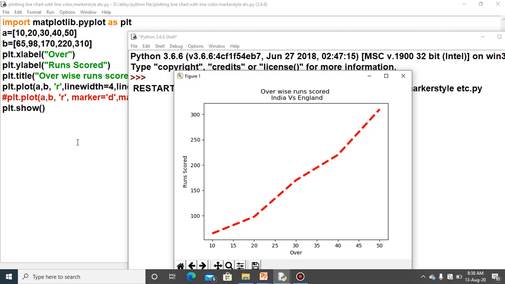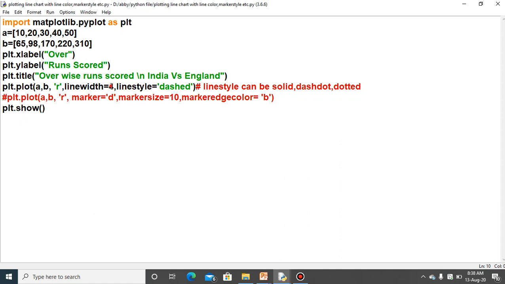If you want to change the thickness to 2 and change the line style from dashed to dotted, here it is specified dashed. So if you write dotted here, then the line style will be dotted.